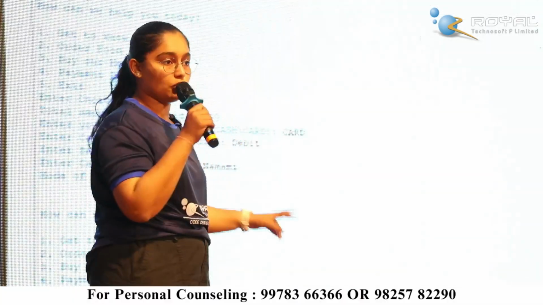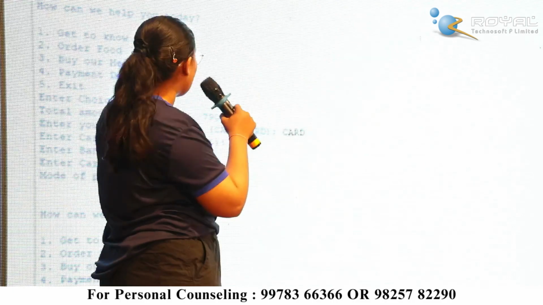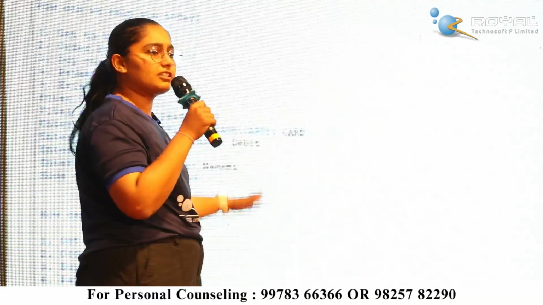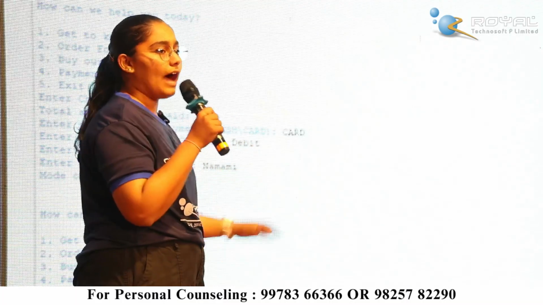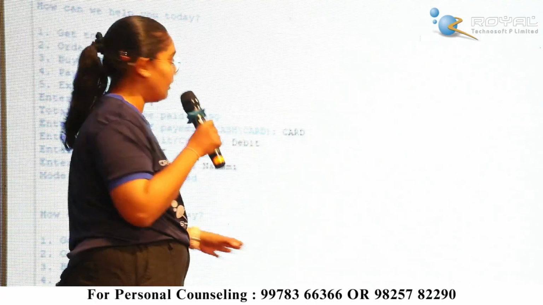For payment details we have 2 options: card and cash transaction. For card, they will first ask if it is debit, the bank details, and your name, and then you will have to pay at the counter. For cash, you will be directly asked to pay at the counter. Then in the end, if you press 5, you will exit the loop.